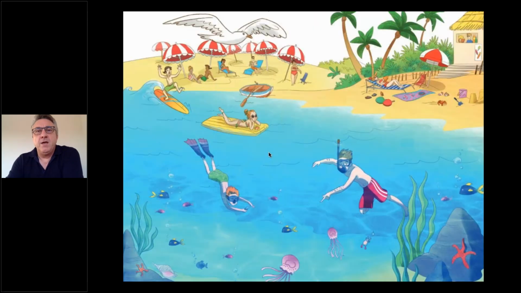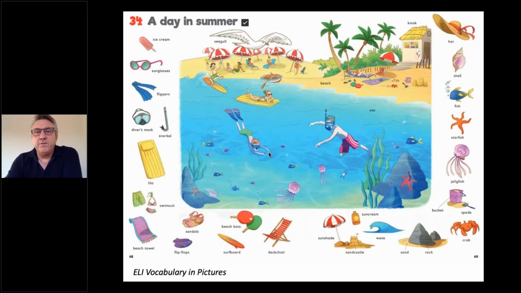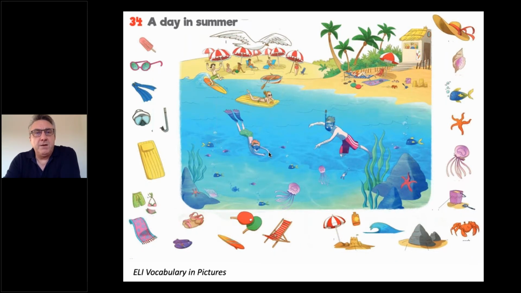So you hide the picture, and that's when I can take the whole page from the book. This comes from the book, which is called Oxford Vocabulary in Pictures. And what I've done here is I've taken the page. Now the page looks like this. You can see all the words are there. A nice, lovely image from a picture dictionary with the sort of objects you see on the beach in summer. But what I did was, with a bit of copying and pasting, I just copied a bit of white space with my snipping tool on my computer, and then I just covered them all up in my slideshow.